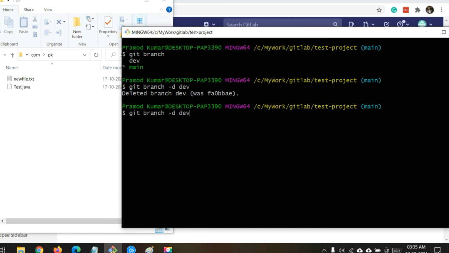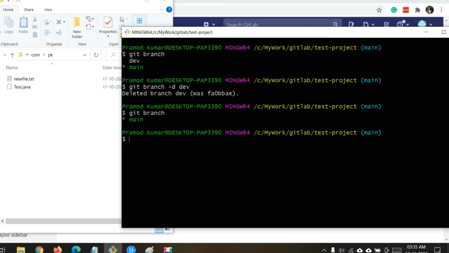So let me give the command git branch again. So you can see there's only one branch showing, which is main. Now dev is not there in my local repository. So look, it is deleted from local repository, but still it is available on the remote repository. So we have to delete the dev branch from the remote repository also.